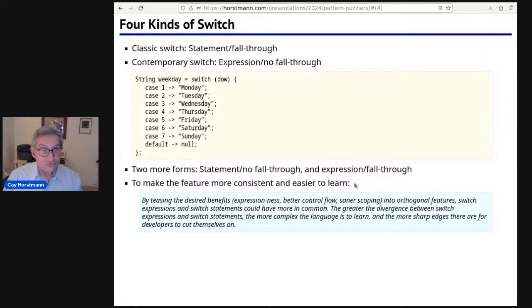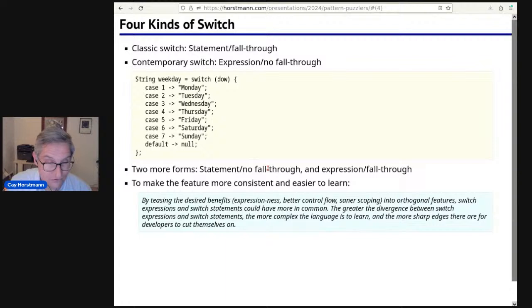Why did they give us a nice, old-fashioned switch, and two more switches that no one asked for? Well, maybe someone asked for them. And so I'm quoting here from the chat. It said, by teasing the desired benefits, expressiveness, we want that,